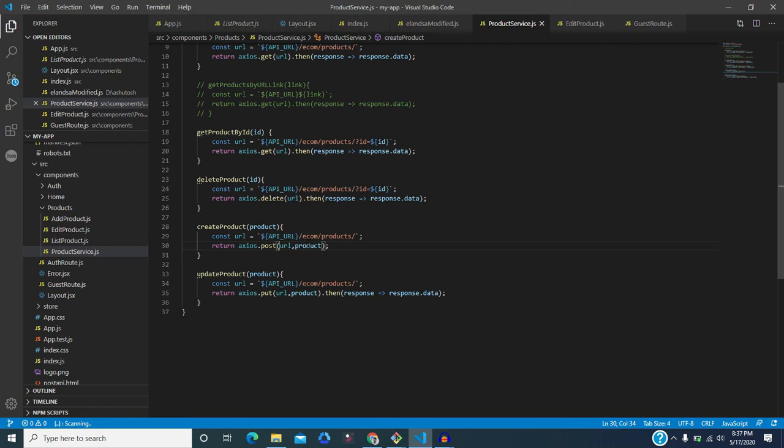In the API section we are getting that post data and using it.